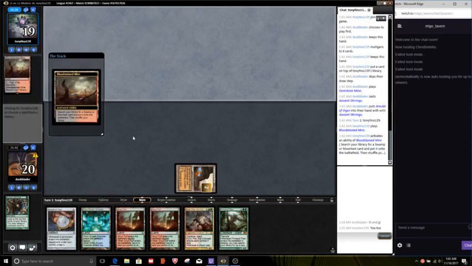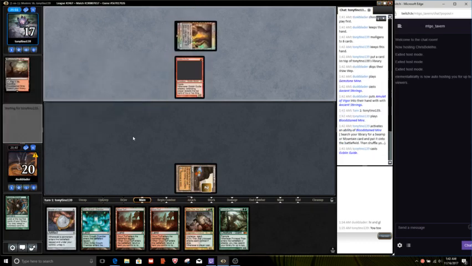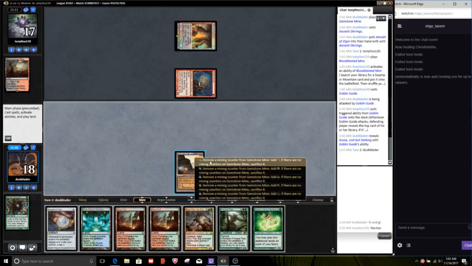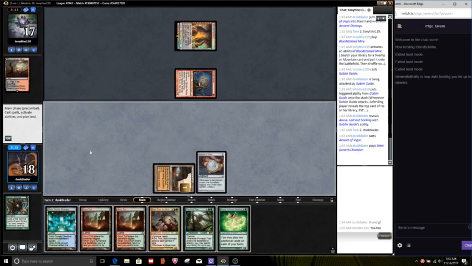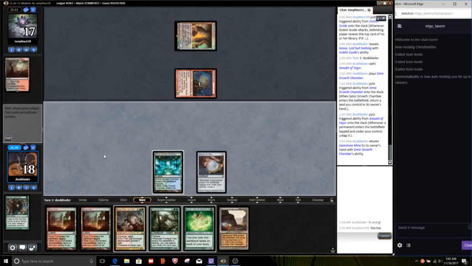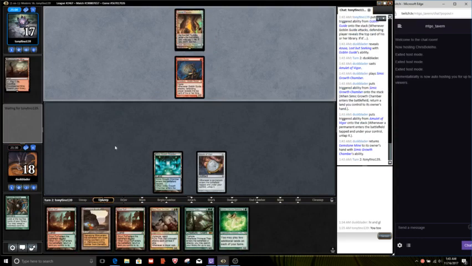Sacred Foundry, Goblin Guide. Give us a land, friend. Nope, Azusa. Alrighty. Play out this Amulet of Vigor here. Go ahead and return the Gemstone Mine to our hand. Pass to our opponent. See if they leave up mana to kill Azusa. If not, that's kind of the acceleration we need. Of course, if they hit...